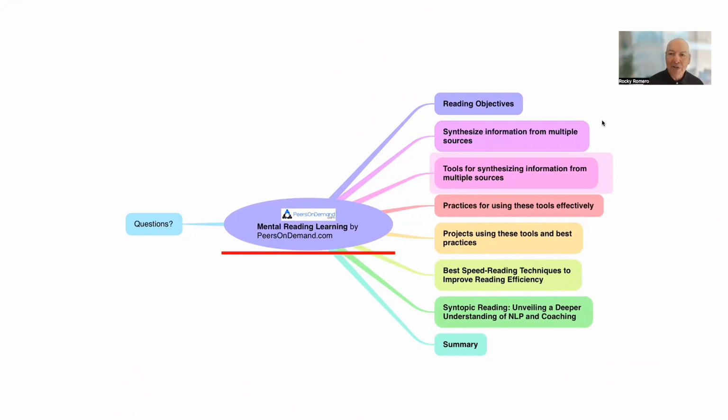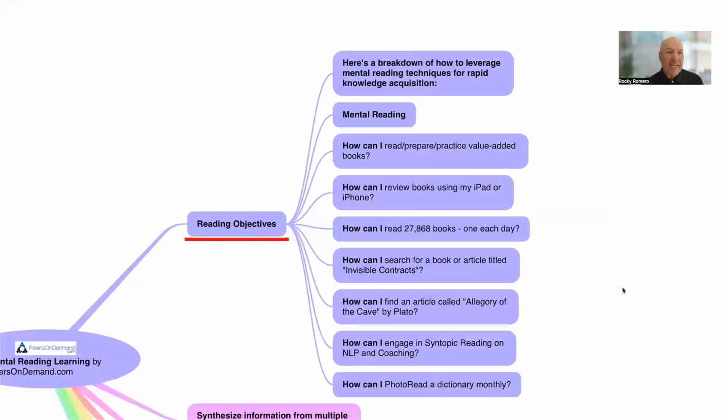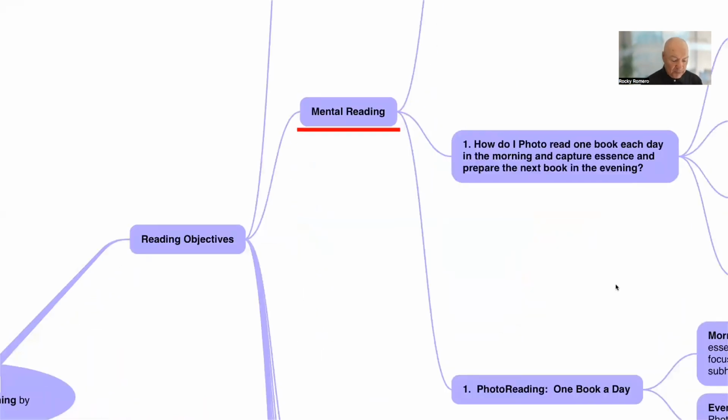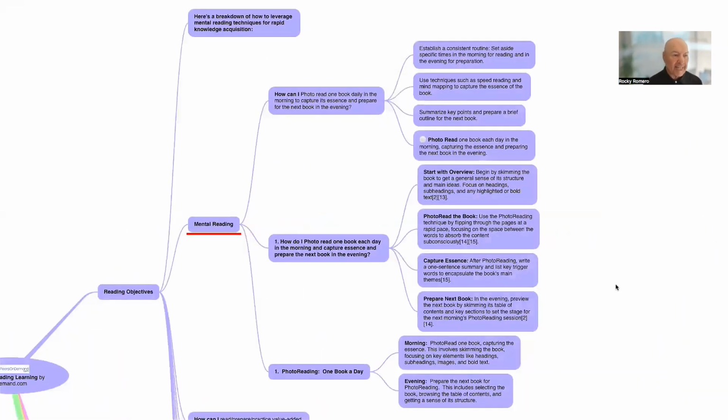Something I learned before when I was taking neurolinguistic programming is syntopic reading. It's unveiling a deeper understanding of reading by having multiple sources. And of course, then we'll summarize shortly thereafter. So let's get started. Reading objectives. Here's what we find: in reading, there are multiple areas where I set some targets to get better at reading. The key here is that there are multiple techniques in reading, one of which is